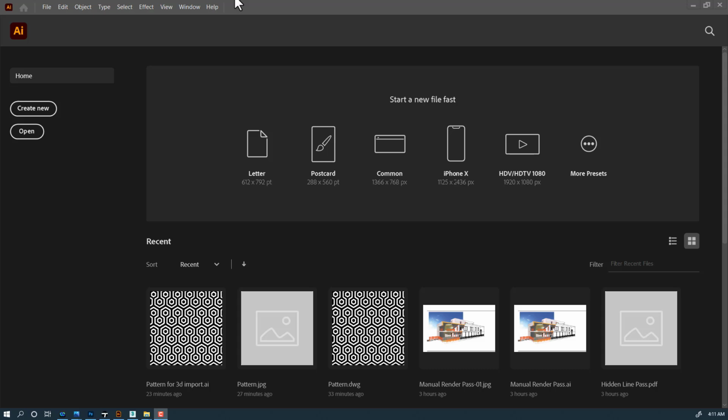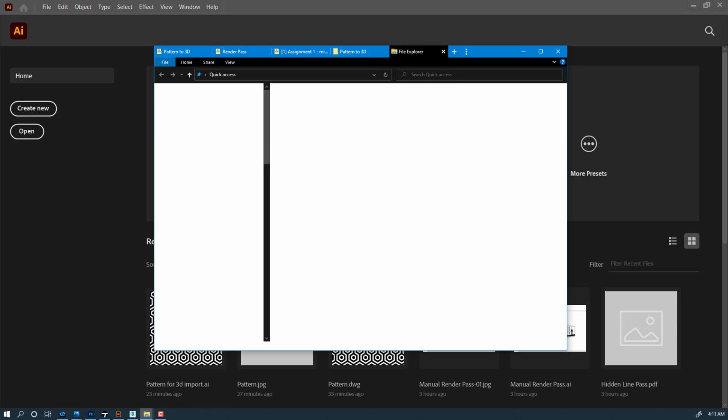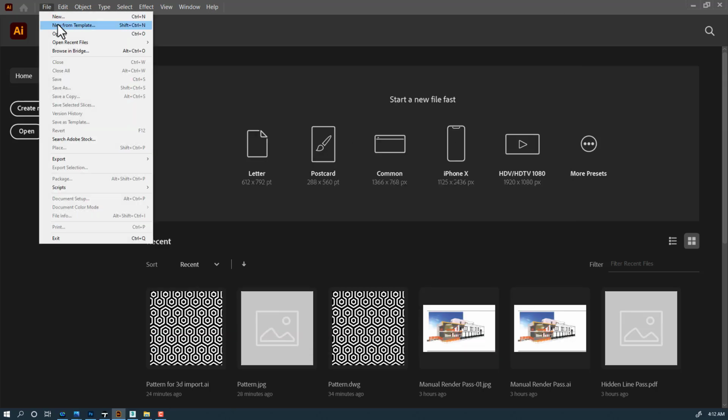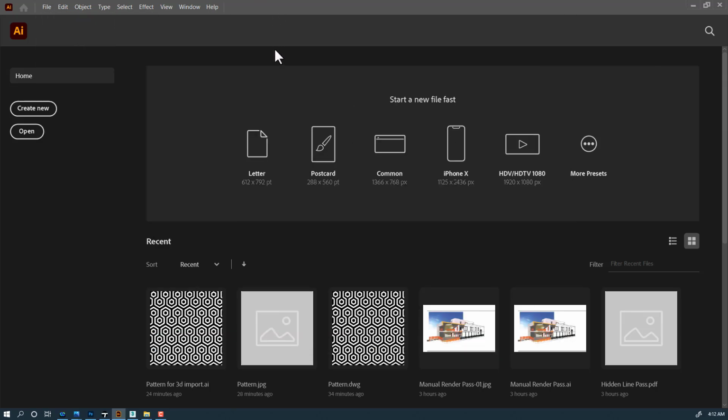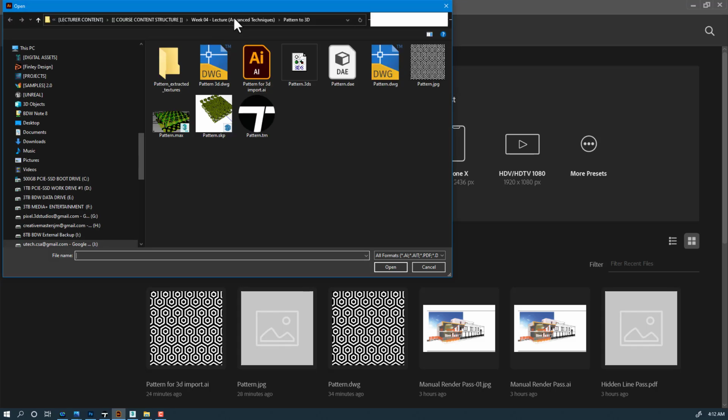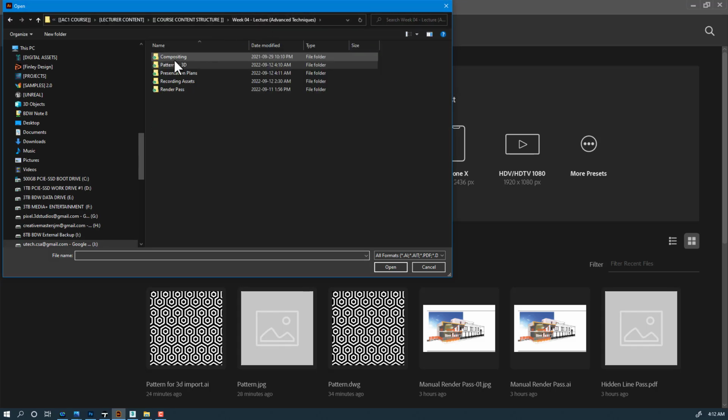Perhaps one of the most popular uses of Illustrator for architectural visualizations would be creating floor plans. Now, Illustrator will open DWG files natively. So if I choose to open, let's say, the presentation, the 2D floor plans,